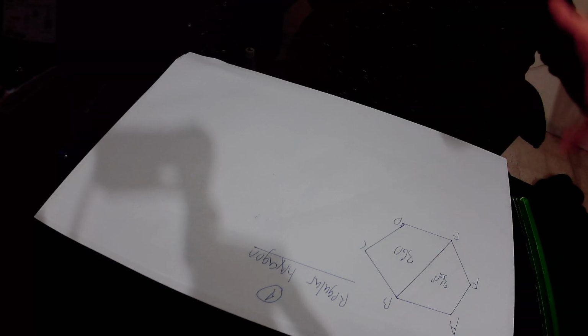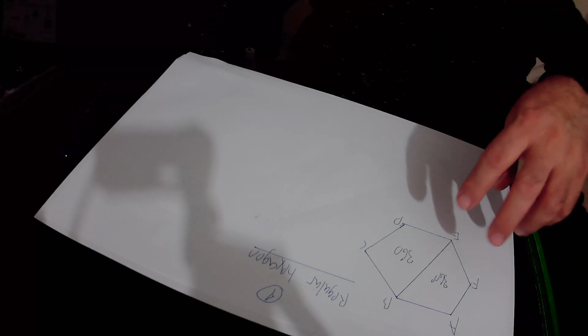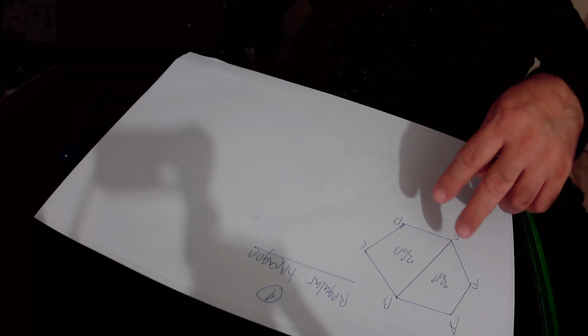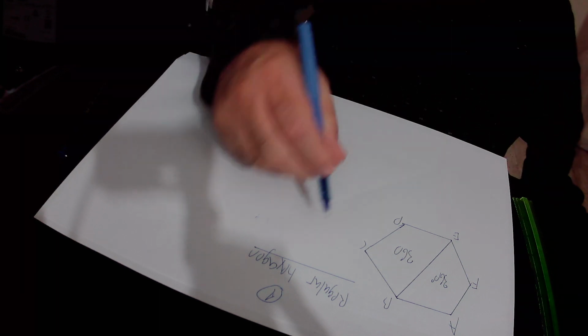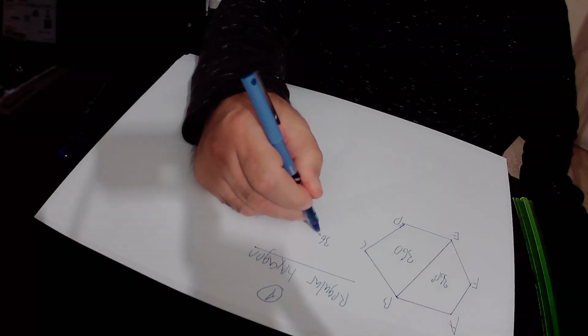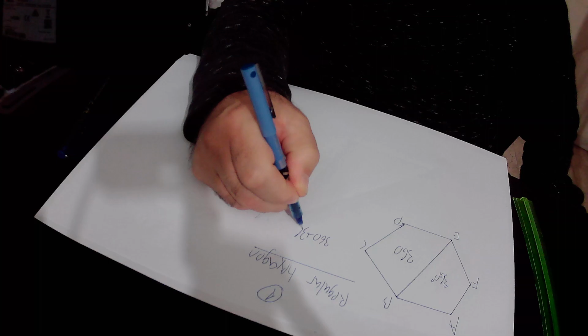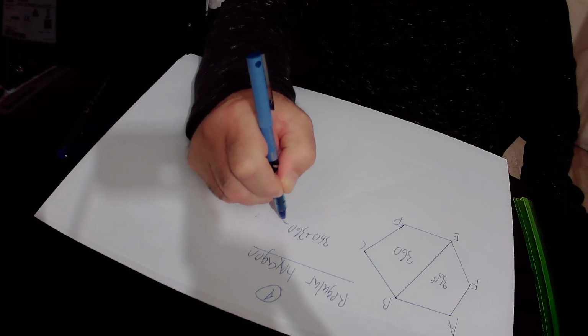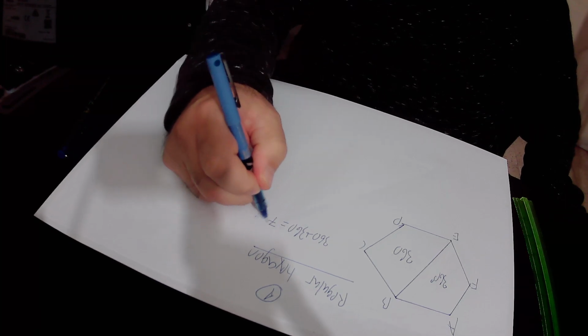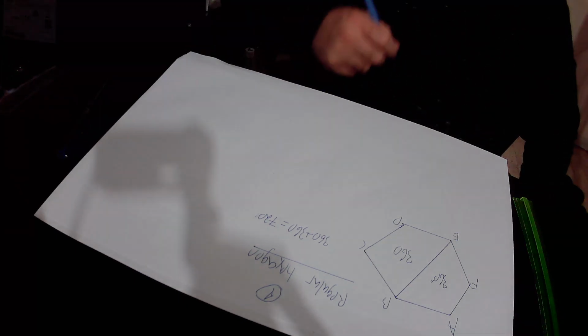Why? Because this regular hexagon consists of exactly those 2 quadrilaterals. So 360 degrees plus 360 degrees is equal to 720 degrees. It is the sum of the angles